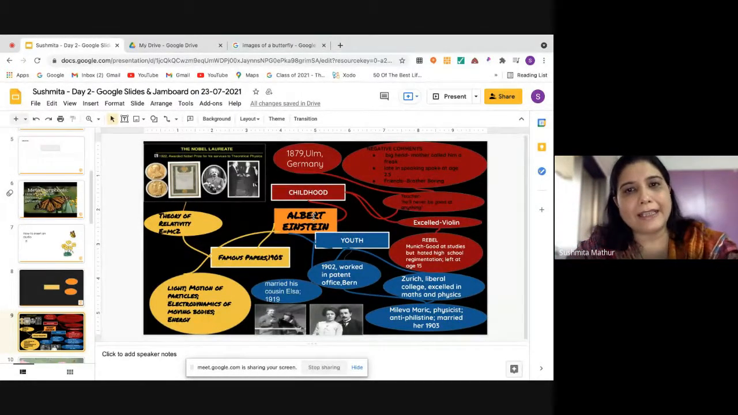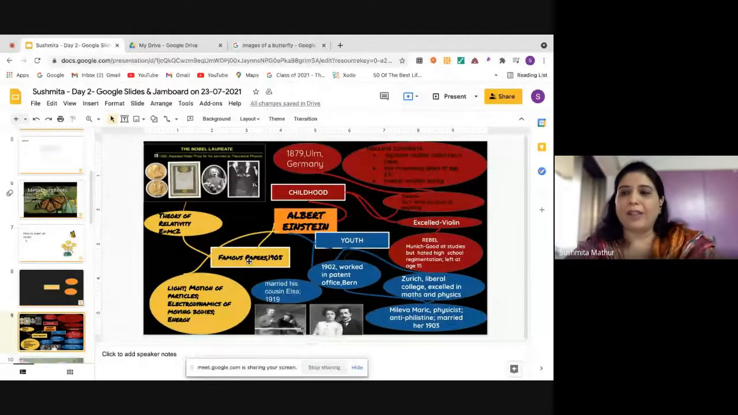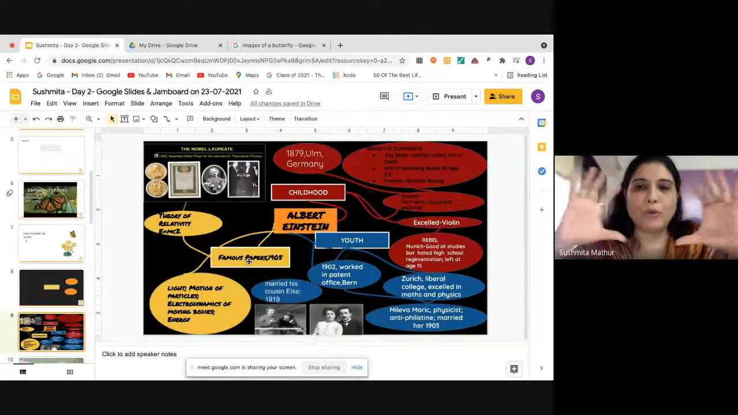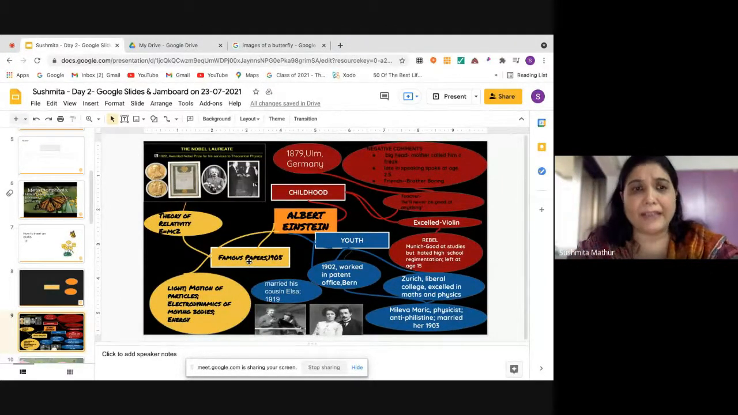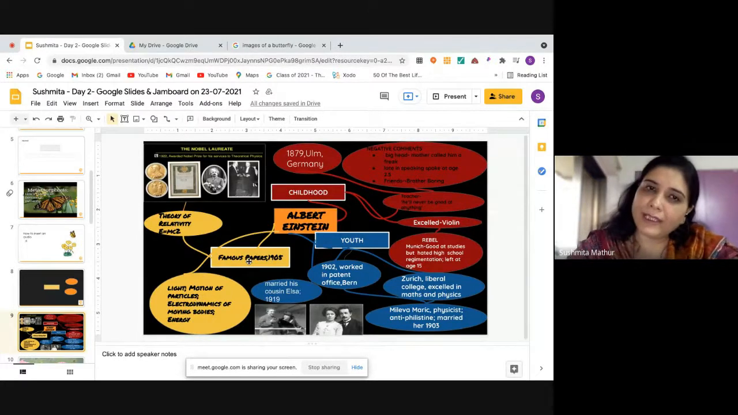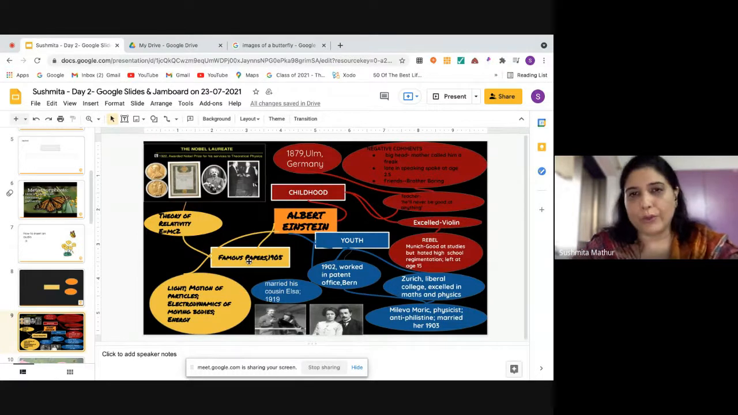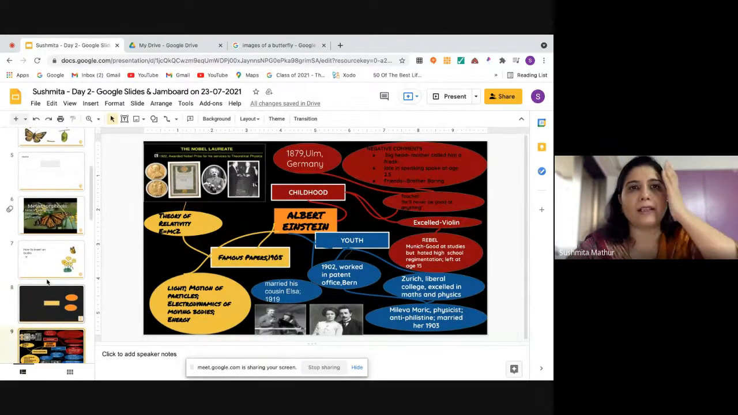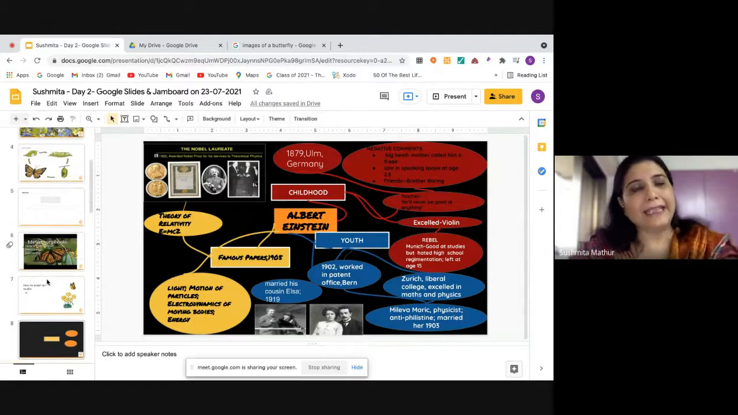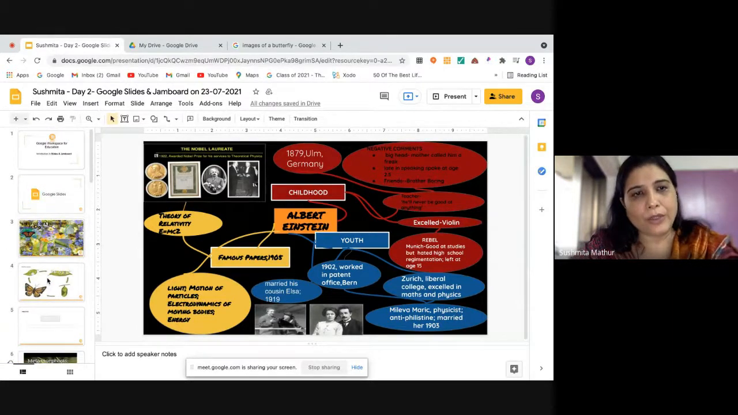So you can categorize his childhood, his youth, his famous papers, and create a graphic organizer which can help them to put all the information together. And it is a ready reckoner just before the exam. You can just refer to this and you can go to the exam. So these are some of the things. And the next thing that I would like to talk about is